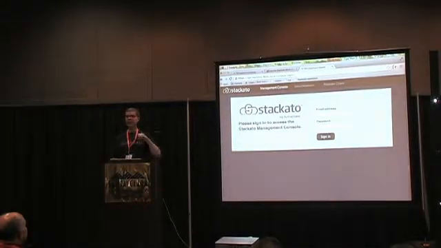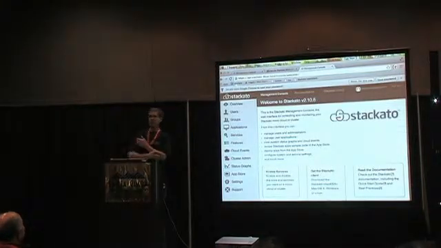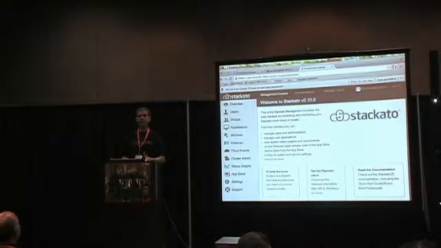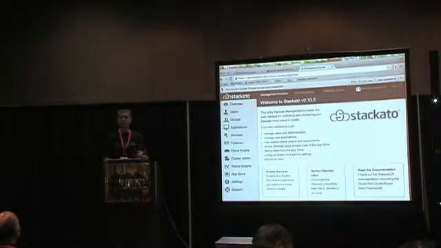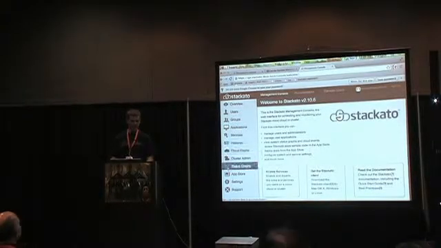Previously I'd created a user for this. It's a simple step, but FYI, I've already done that step. So I'll just use that as my credentials. I type in my credentials, and now I'm logged in to the PaaS that's running on my laptop. I'm now at a stage where I can deploy apps to the cloud on my laptop. I'll show you a quick way to do that.